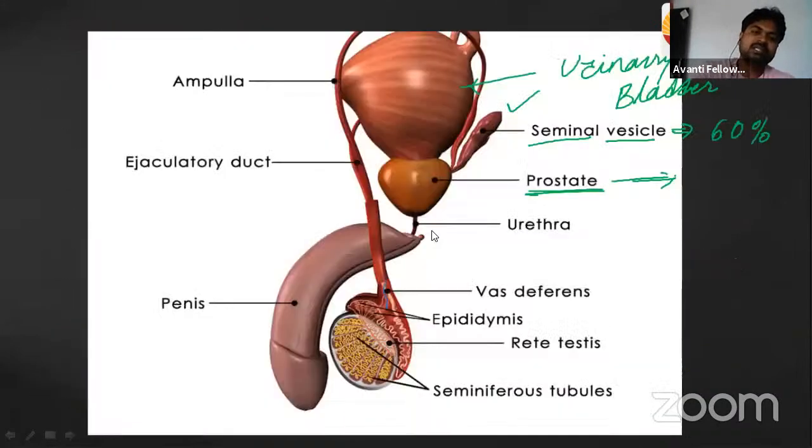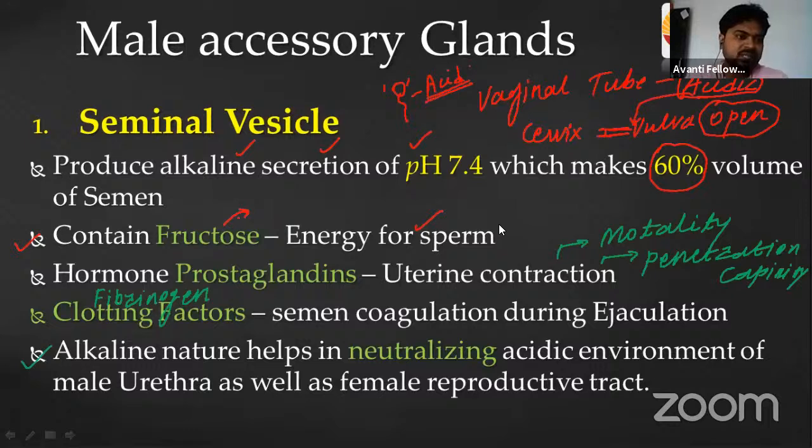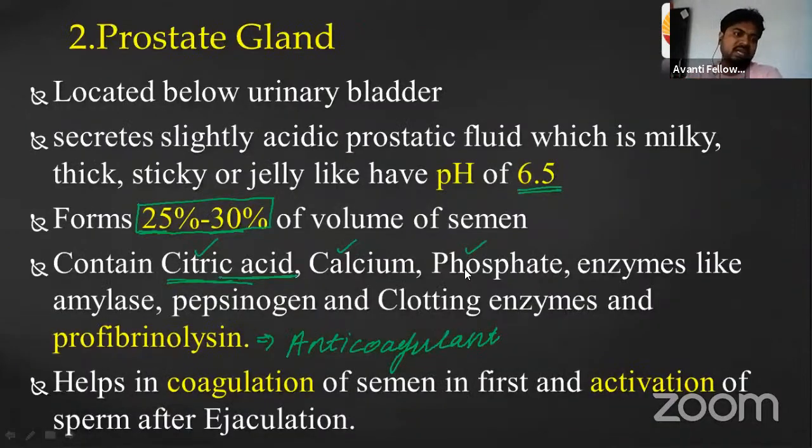We already discussed seminal vesicle contains clotting factor, that is coagulation factors. Okay, that is fibrinogen. So this thing, that is profibrinolysin, it is an anticoagulant. That means it is opposite to coagulation factor. ठीक है, coagulation factor के ये opposite हो गया, and that's why